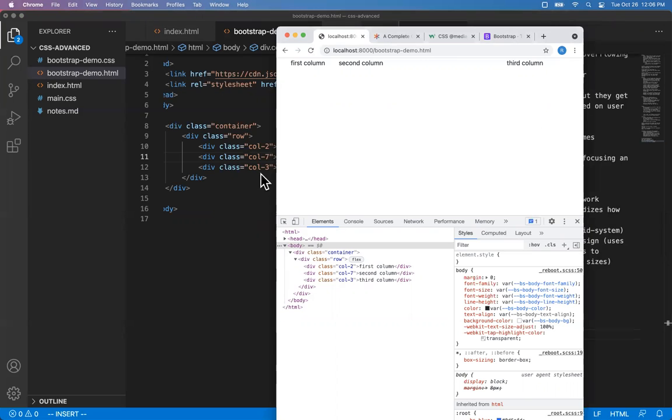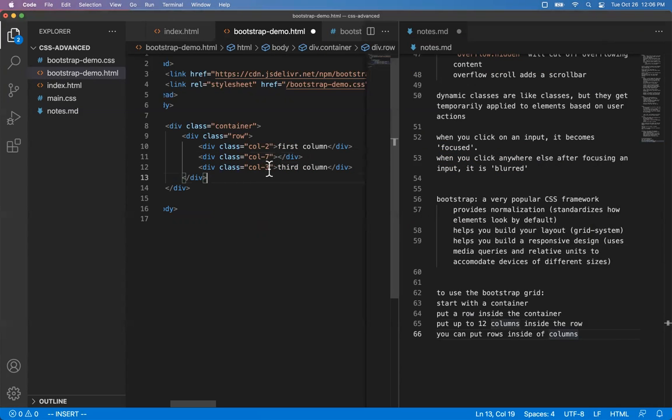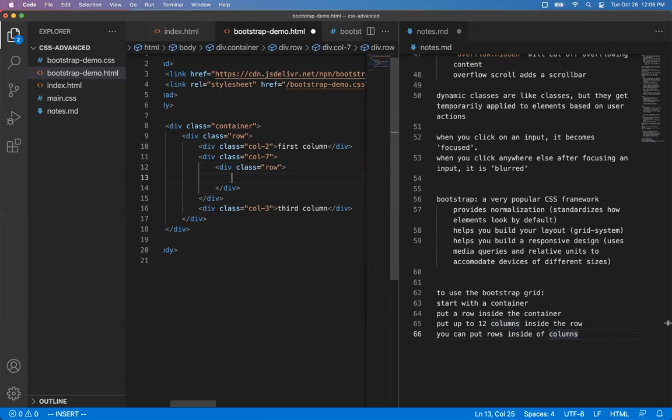And I'll put more columns inside of that. So inside of this div, put another row. And then I can put another set of columns that again add up to 12. So the 12 columns, that's not like an absolute measurement of the whole page, but it's relative to the row it's in. So I'll put